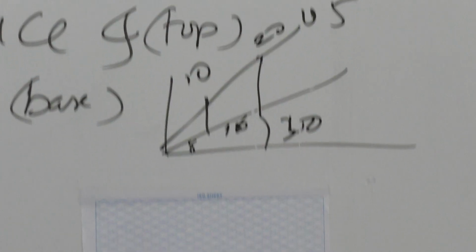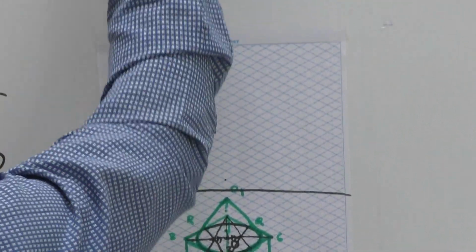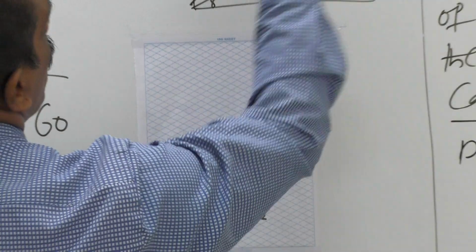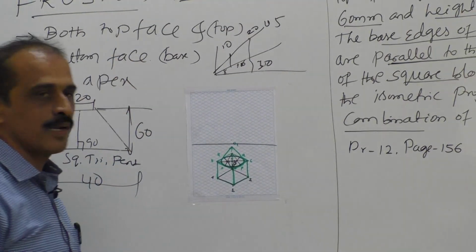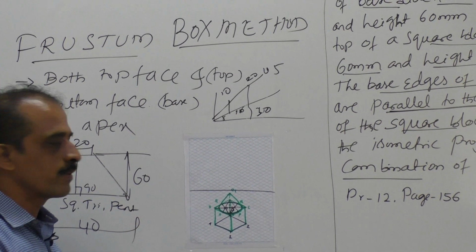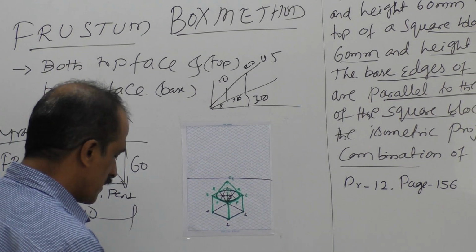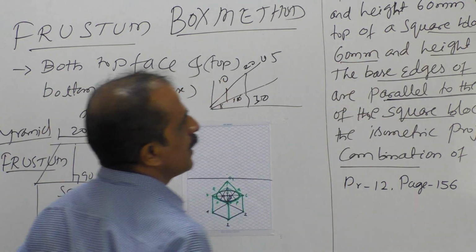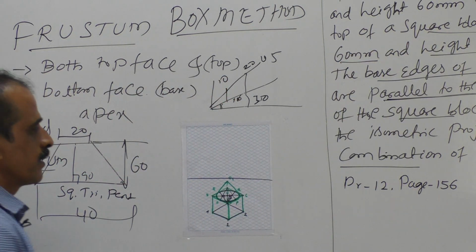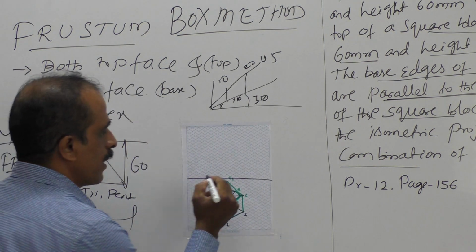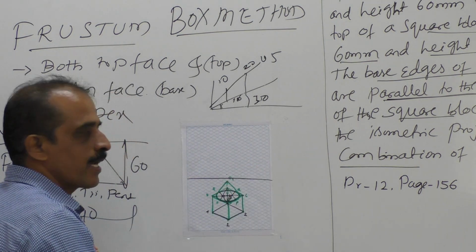So now we'll go with the box method. The easy way to solve all the problems of isometric is by the box method, which shoots very clearly and very easily and legibly relates to your isometric sheet which is given in your sketchbook. Now first let me construct this square block of side 60 and height 20. So you take an example of this here, wherever you want, and all the lines are inclined at an angle of 30 degree.